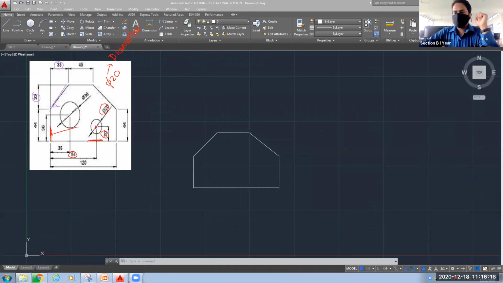So for this, I will introduce you to one more command, that is your offset command. Let's see how we can use the offset command to obtain this center point.